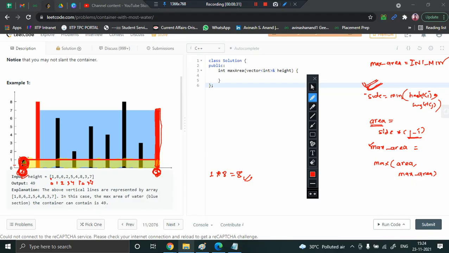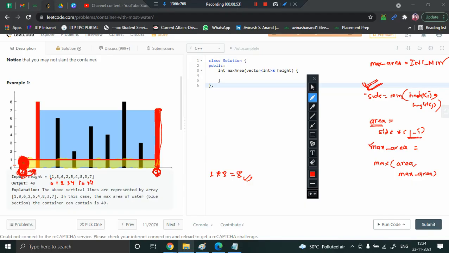I should prefer a tower whose height is more than this at least, right? Because right now, comparing this tower and this tower, this is good because it's a bit larger, but this is small. So whichever element at whichever index is smaller, that pointer has to be increased. Because of this, the area enclosed is very small. Let us increment the I pointer.